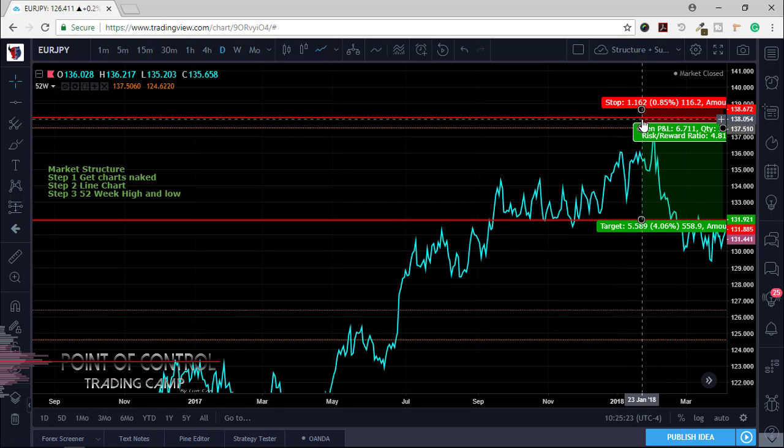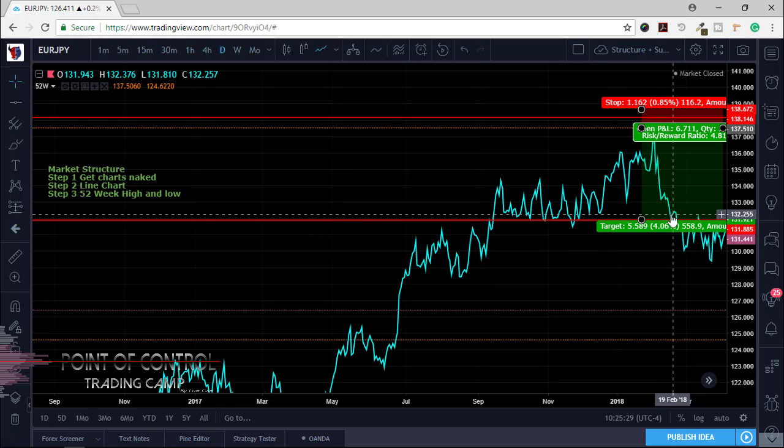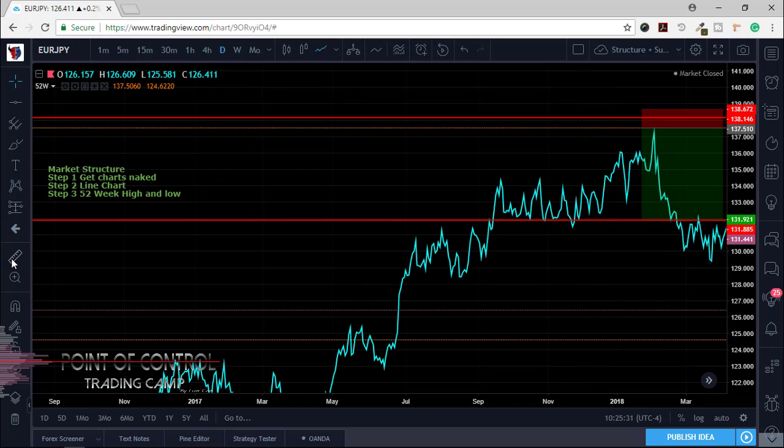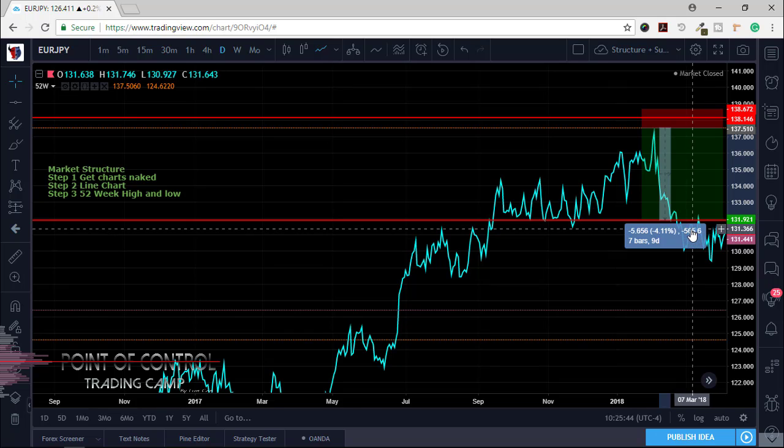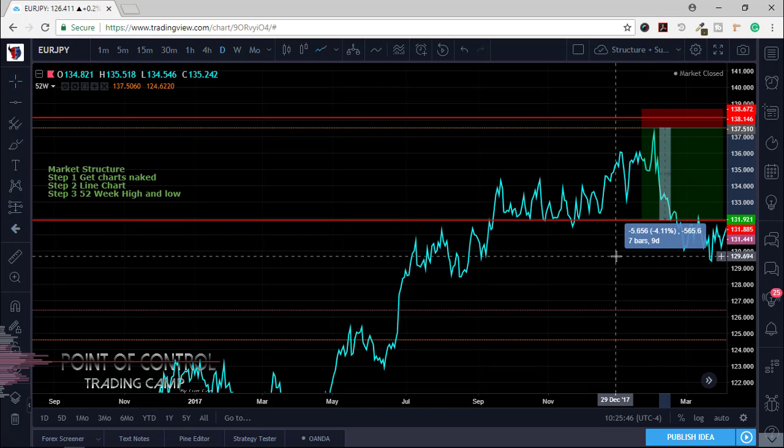So if you set up your trigger limit order on the short side to enter here, and you drop all the way down here, look what happened. Look at the good news. Now, this is a daily chart, so it will take probably a week or two to reach your level. But look how easy, guys. 565 pips in 7 bars or 9 days.